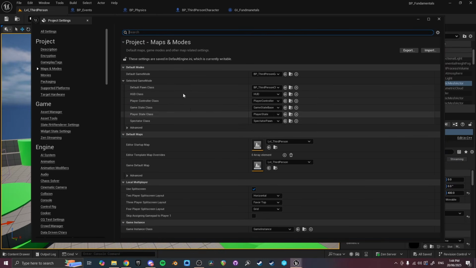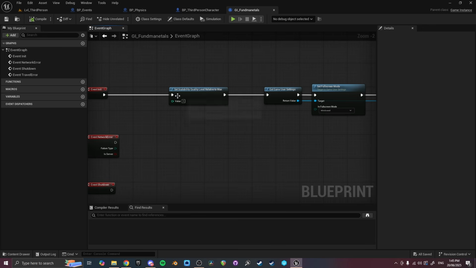Here's all your startup stuff that is fundamental to how your game actually runs. You've got a default pawn class, which is one of the most common ones to change. And the game mode up there is another one of the most common ones. And then if you scroll down, you've got the game instance class. So if we set that to GI fundamentals,